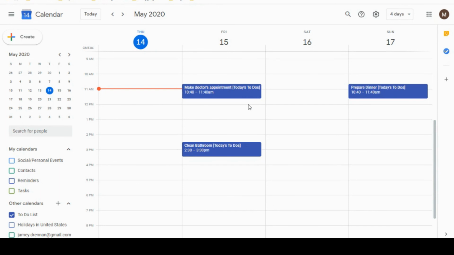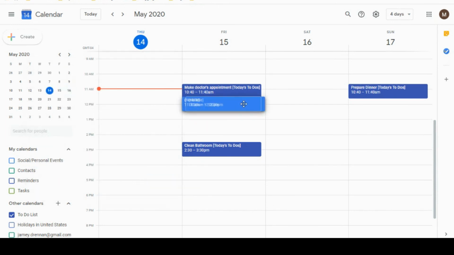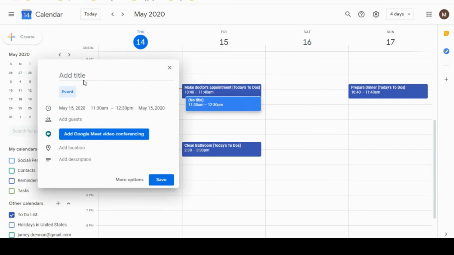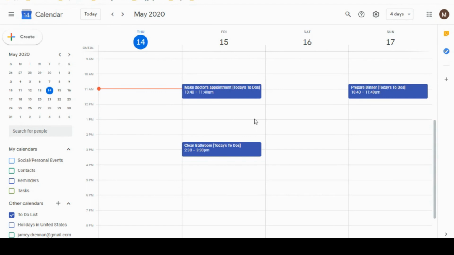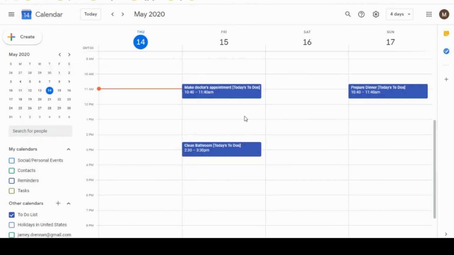If it takes longer, what I typically do is add on an event right after it and say Trello task continued, or whatever the name is, continued, so that I know that that's going to take up more time. But if you click on that, you can go directly to the card from your Google Calendar as well. So it's nice to have that all sync up on your Google Calendar.